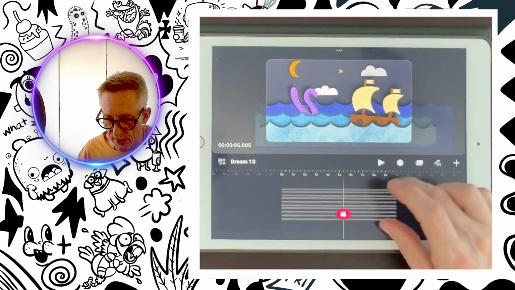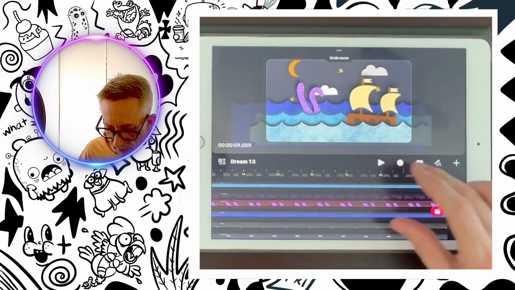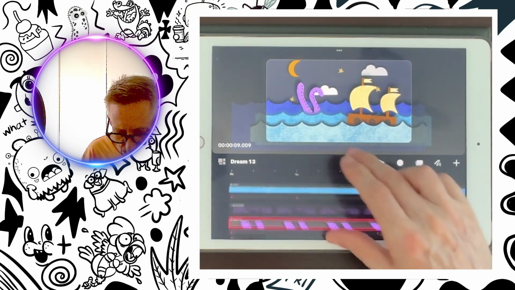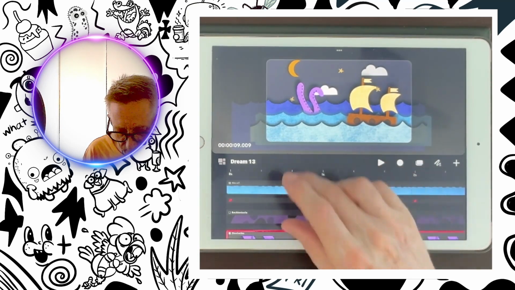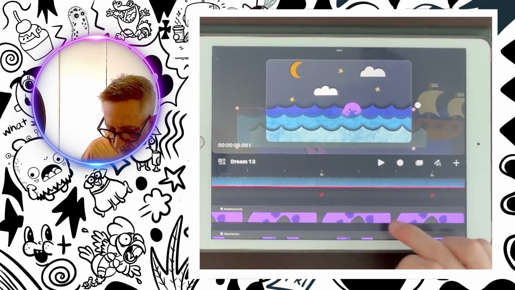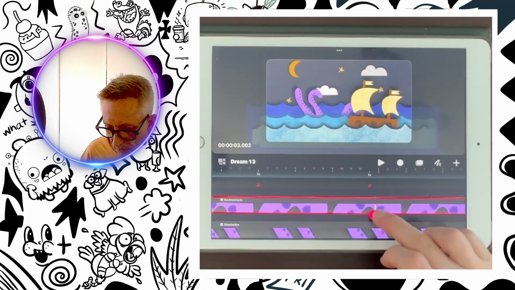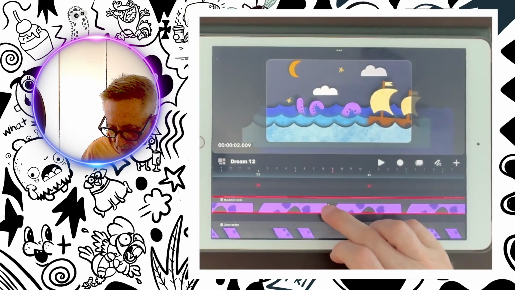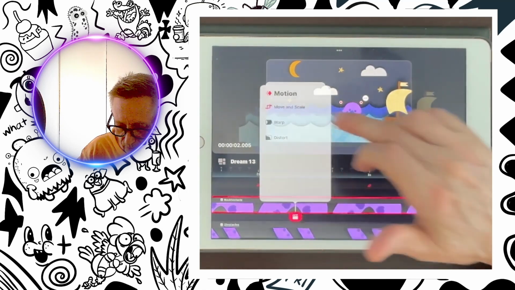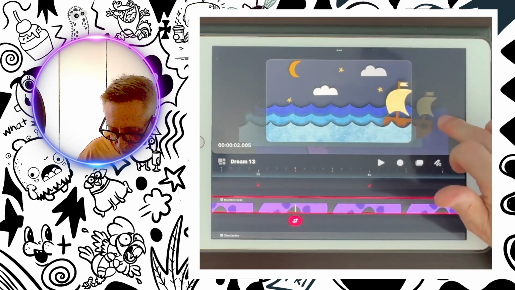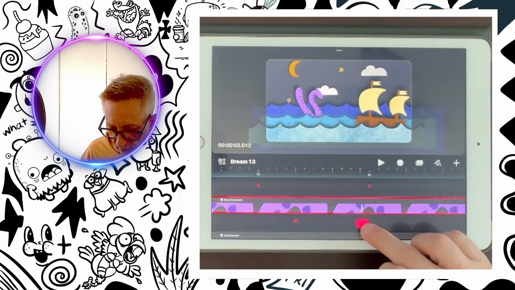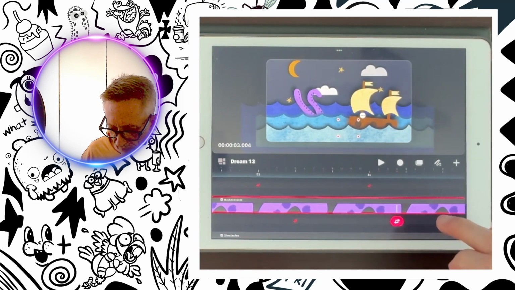Okay, now while that one's up right there, we're going to have two more come up, and then they're going to grab the ship. So we should have a front one and a back one. So the back tentacle is going to come up first. I'm going to turn him on, and we're not going to have him come up until the ship starts to. So I'm going to set an initial keyframe here. I'm going to take it off the screen. So it's going to be off the screen all the way until there, and then when that ship comes right there,